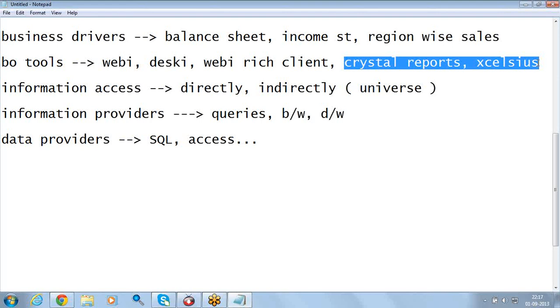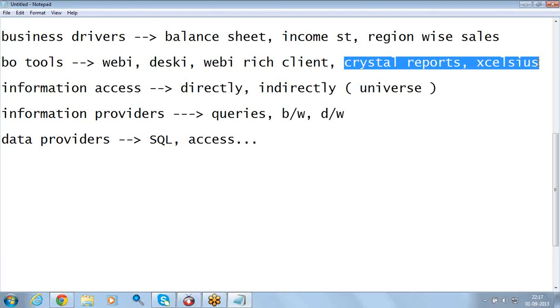What do you mean by ad hoc reports? Ad hoc reports are dynamically created reports then and there, without any particular structure or formatting. These three reporting tools help generate ad hoc reports.